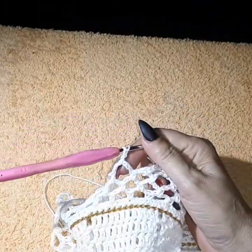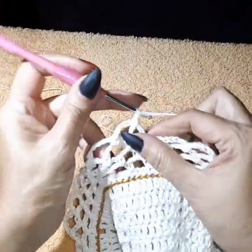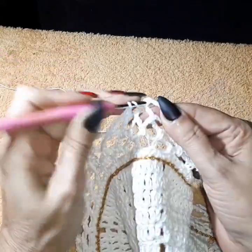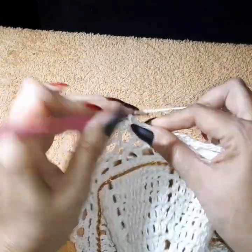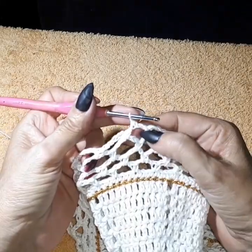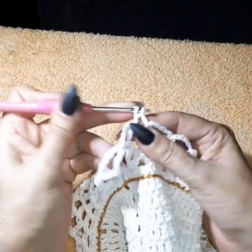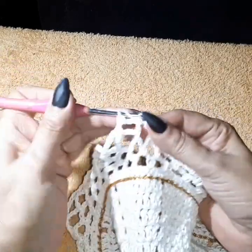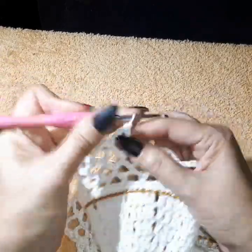Hey everyone, so I'm on my last one. We're going to do the same thing. 1 chain, come in where we have the single, the first one we did, do your sideway double crochet, then come back in, single. Okay, we're going to go directly into the next one and do 9